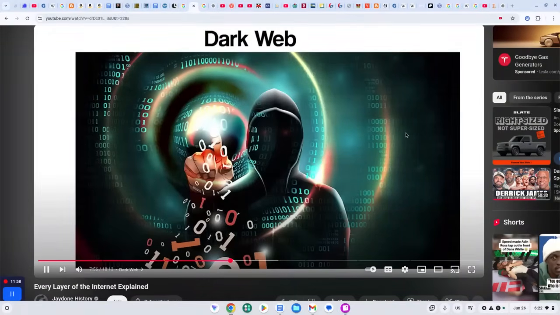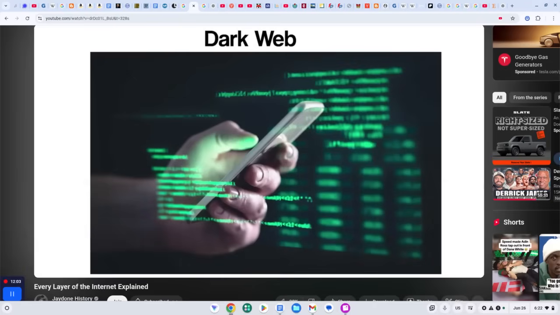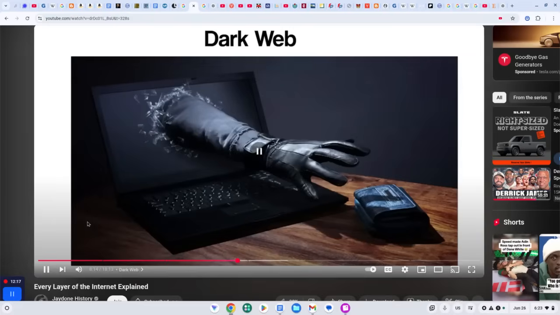compromised devices. As such, navigating the dark web requires caution, technical knowledge, and a clear understanding of the legal and ethical boundaries involved. From a cybersecurity perspective, the dark web is a double-edged sword. It is a common destination for stolen data, such as login credentials, credit card numbers, and personal information